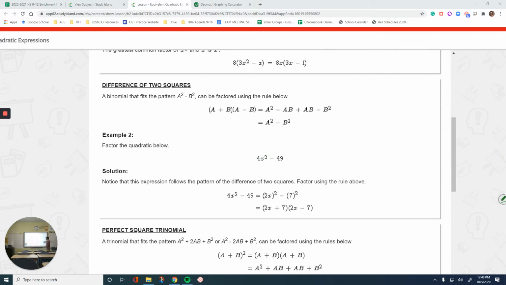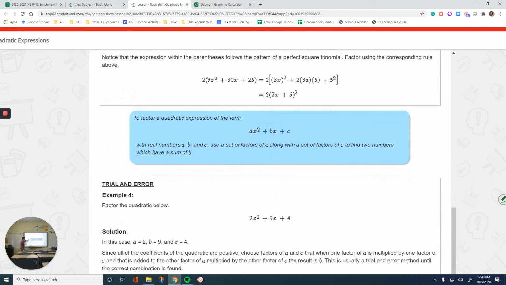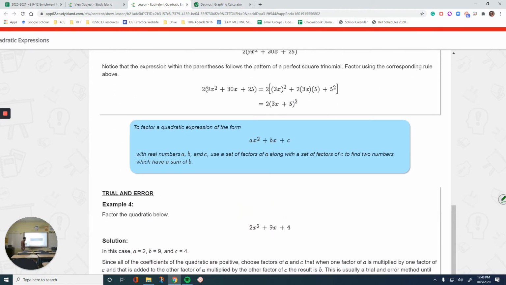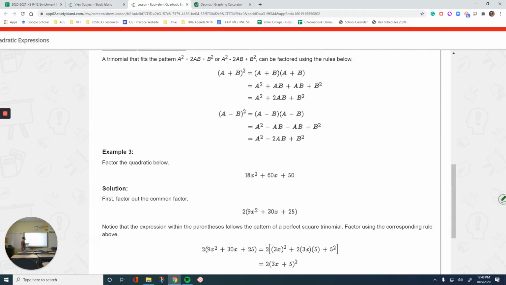Okay, perfect square trinomial. Let's talk about this one. So, since they already have the trial and error method, I'm going to use the formula for example 3 that is given. But personally, I would like to use the trial and error method for anything that has 3 terms, because I don't need to memorize these formulas. But to be honest, these are pretty common formulas that you kind of need to know, especially if you're planning on going to college. Okay, so the 2 formulas that I want to introduce you,